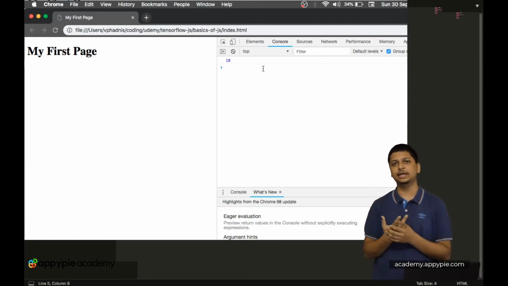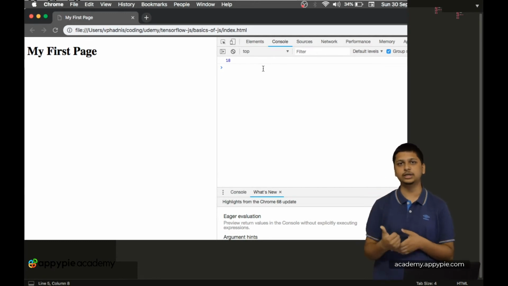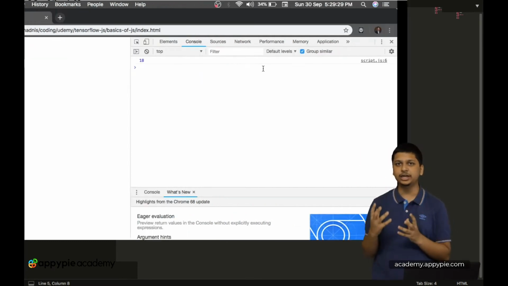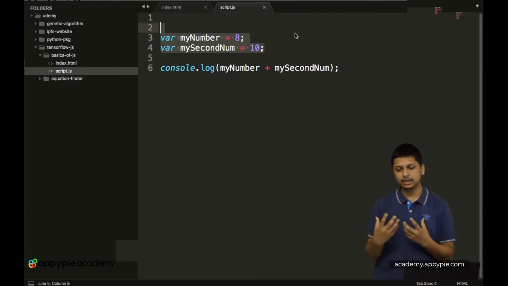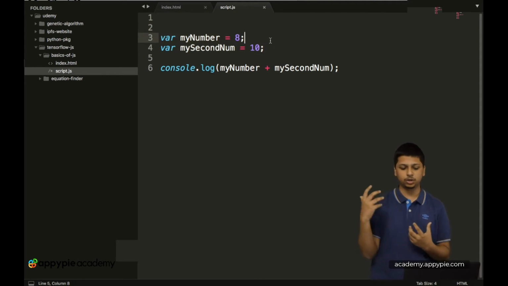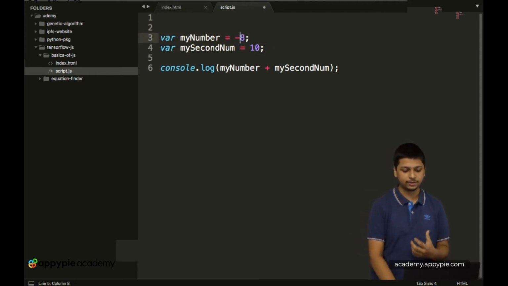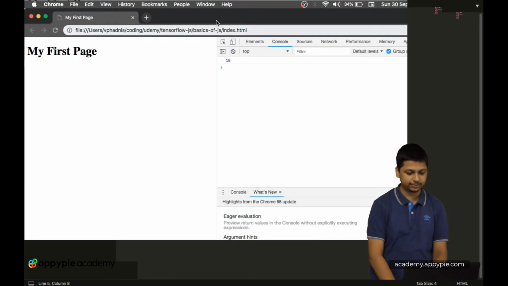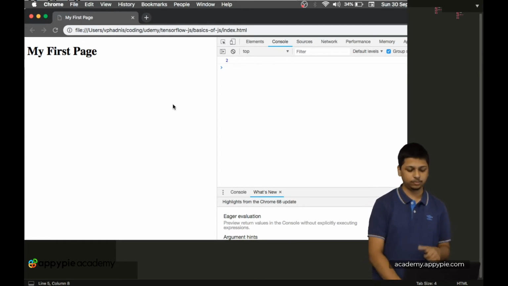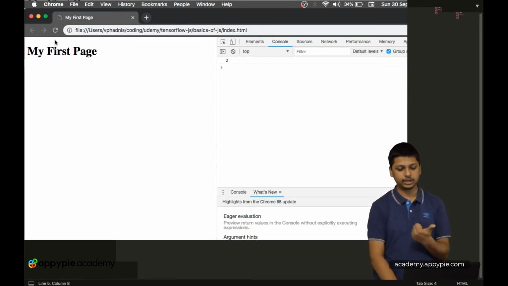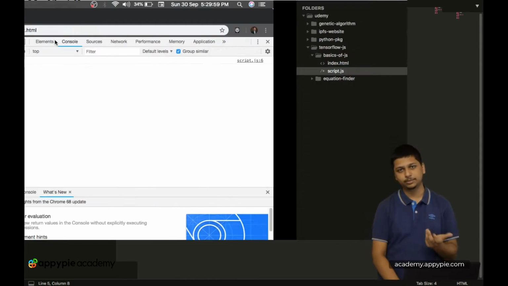So we are doing mathematical operations over here, and this is about the integer data type. The variables you are declaring are essentially integers because they can hold all values from positive to negative. You can even call this -8 and that won't be a problem at all. So you can see it is 2 over here. On a Mac, for refreshing the Chrome page I am using command R. If you wonder how I do it without clicking over here, I am using command R.